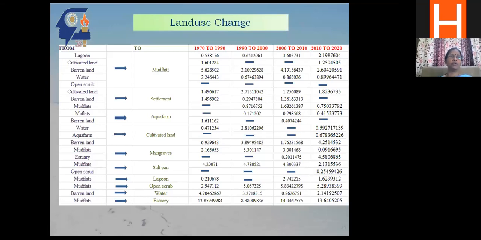Then we studied the inflow and the salinity, of course, which comes under analytical methods. What I had to say is that by integrating remote sensing and analytical methods, you can have a very, very good study. Remote sensing can be used as a tool for assessing different aspects. Okay, I go to the next one.